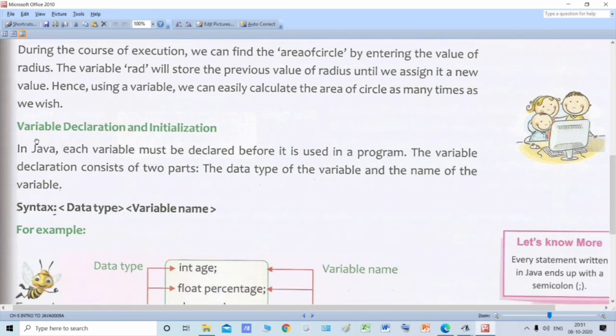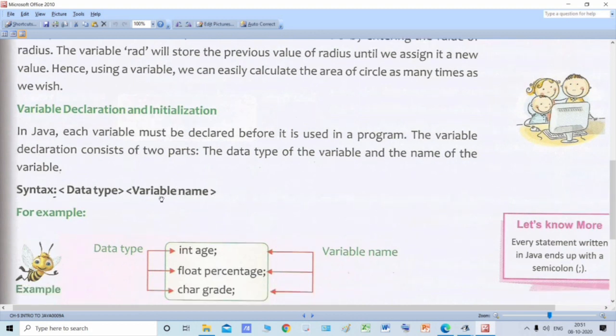Now students, in Java there are two things associated with variables. Whenever you want to use variables in Java, there are two things that you need to do: declaring a variable, and initializing a variable. These two are different activities. Okay, let me explain this, and after that I will show you a program through which you will understand the variable very clearly. Okay, so let me first explain this.